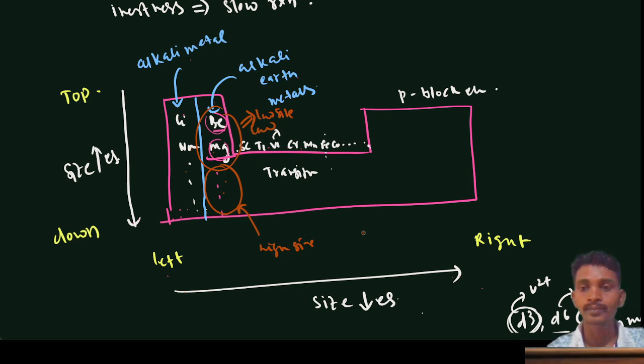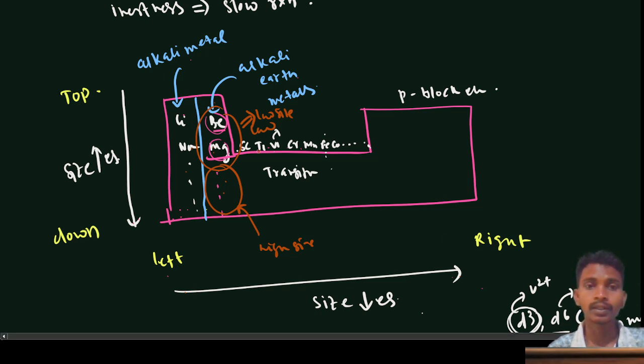Okay, so that's why we say that this will not fall in the first category. Also we see that this is the topmost in the group of alkaline earth metals. So this will have a very low size compared to this. This will have a very low rate, and this one a little higher rate, because this is further down, and going down size increases.